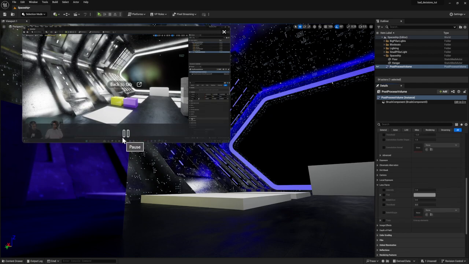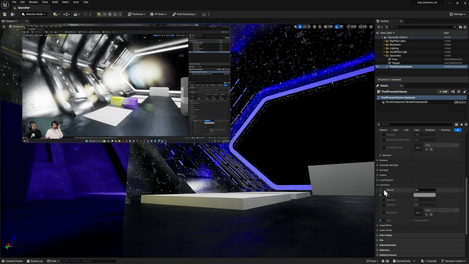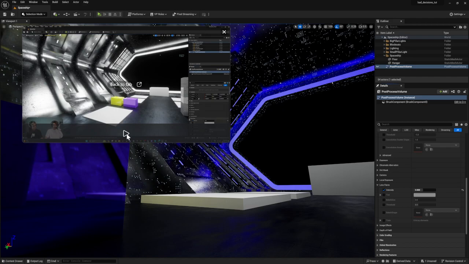And that comes with our post-process volume. So if I open it up, by default, it's on 1. So all I have to do is either increase the intensity of my lens flare or decrease it to 0. I don't want to have any, so I'm going to disable it by decreasing it to 0. Now the next